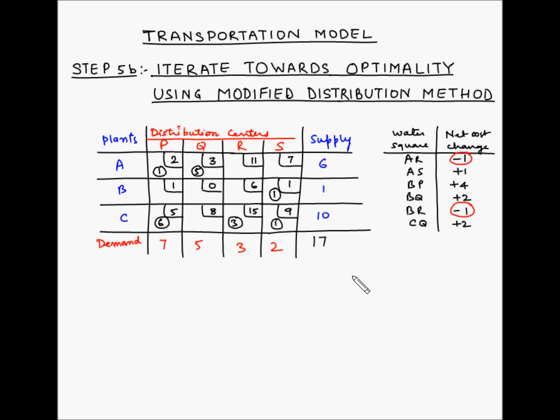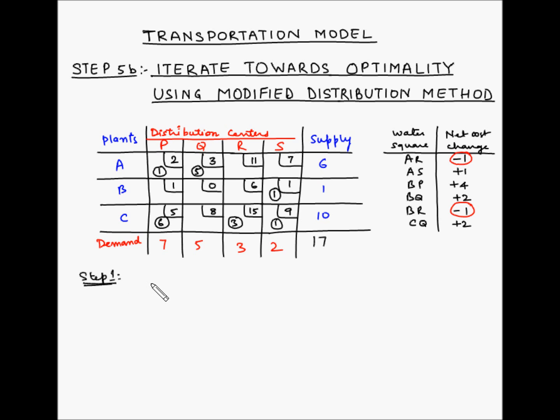Now when we do the iterations, we will first modify the current solution to arrive at a better solution, and then we will use the modified distribution method to test if it is the optimal solution or not. If we find out that the solution obtained is not optimal, then we will again try to improve it and then test it for optimality and continue these iterations till we find an optimal solution. So step 1 for iterating towards optimality